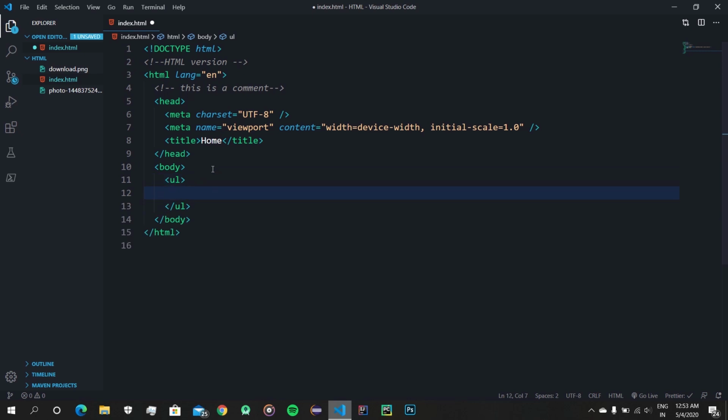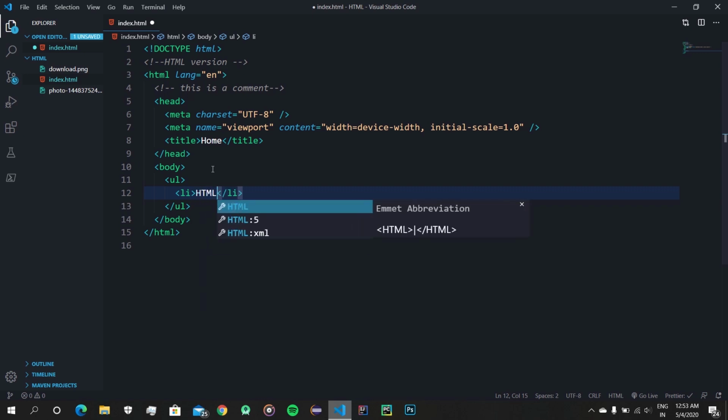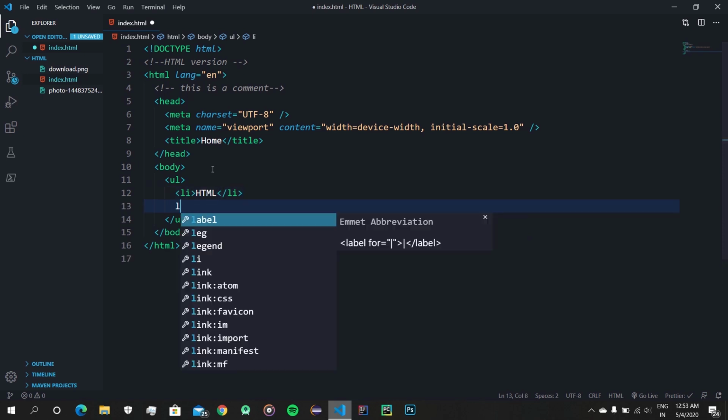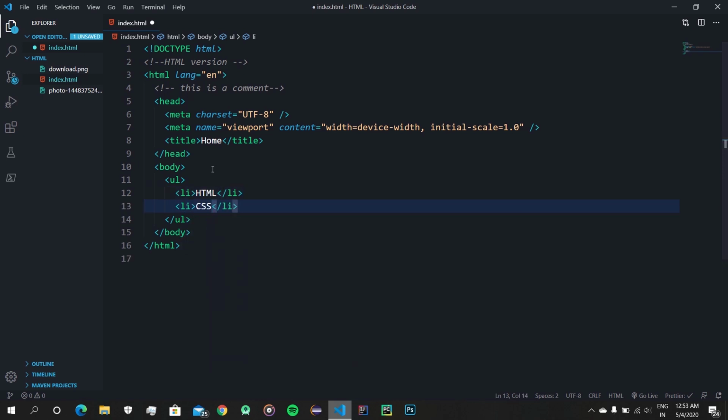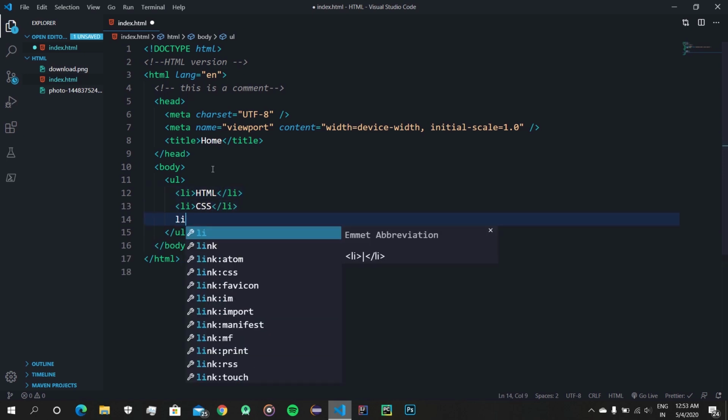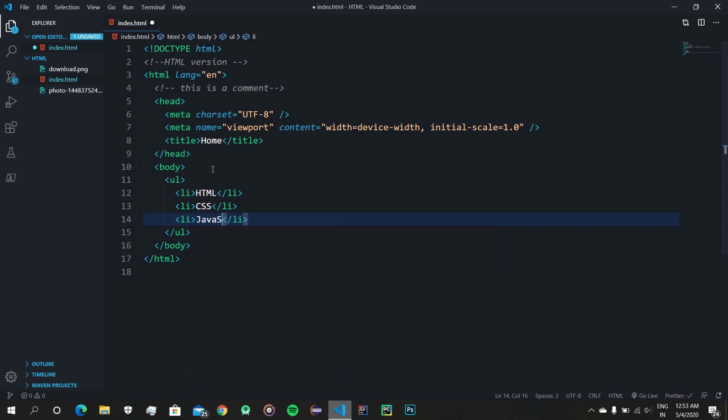And for the items of this list there will be a tag by the name li. So the first element of this list will be, let's say, HTML. Okay, second will be CSS, and let's do JavaScript on third.